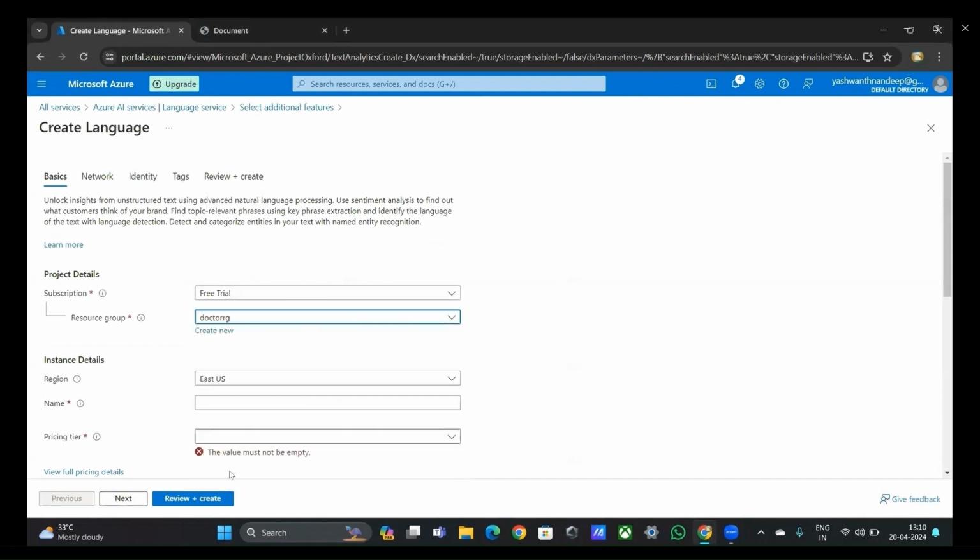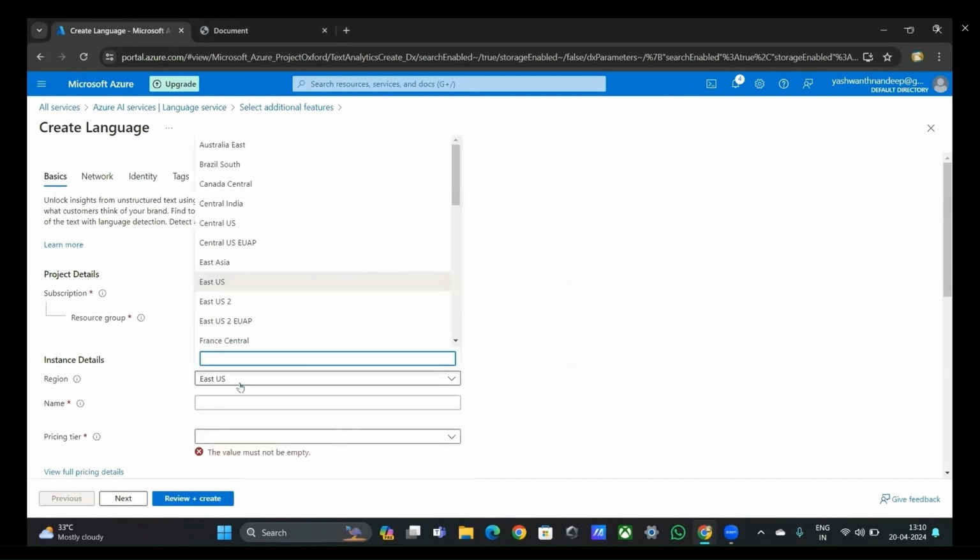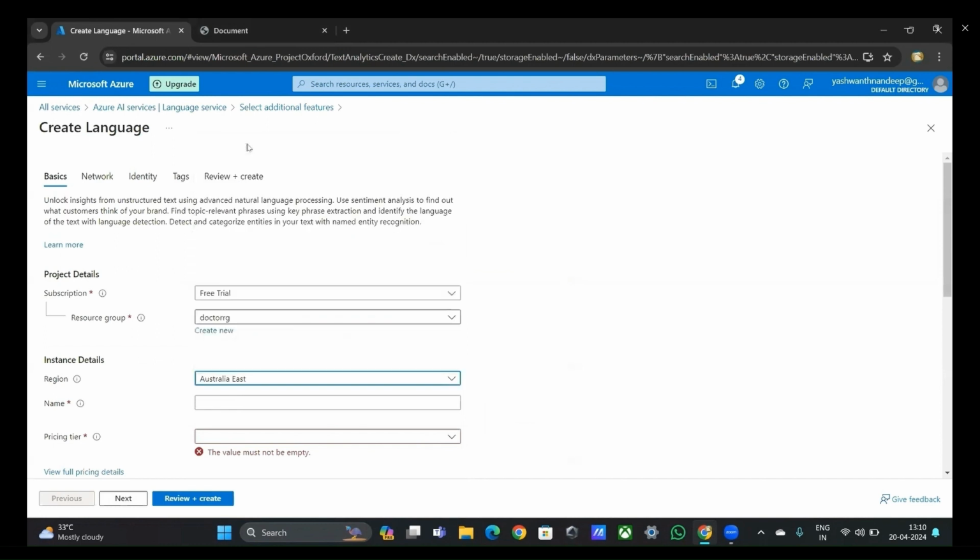Here we can see how to create the language service. In project details, choose subscription as free trial and choose resource group name as Dr. RG, as we have created earlier and are working on it. Whereas coming to instance details, we will go with Australia East as region and give the name as Doctor Language, pricing tier as free,